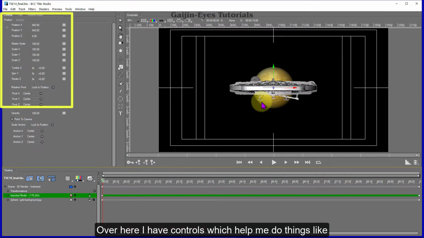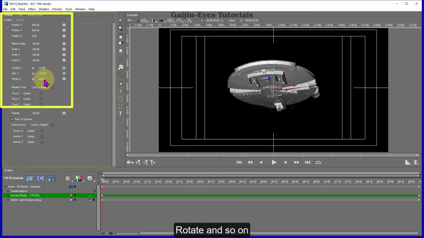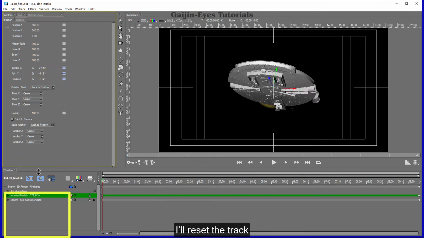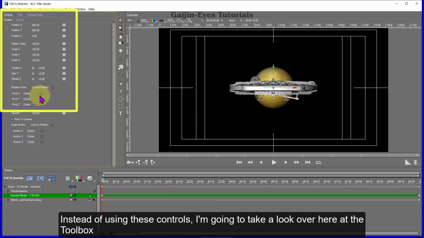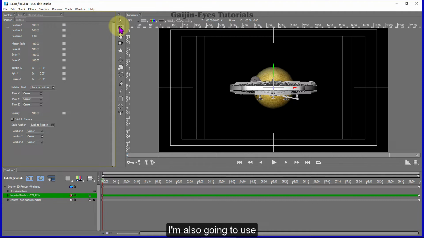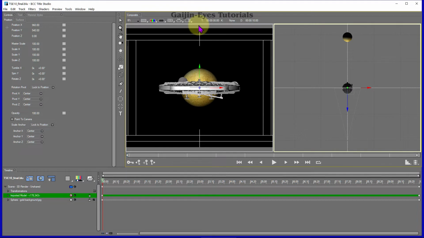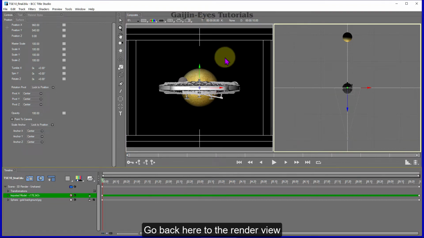Over here I have controls which help me do things like spin, tumble, rotate, and so on. I'll reset the track. Instead of using these controls, I'm going to take a look over here at the toolbox. I'm also going to use split screen, dual horizontal, go back here to the render view,